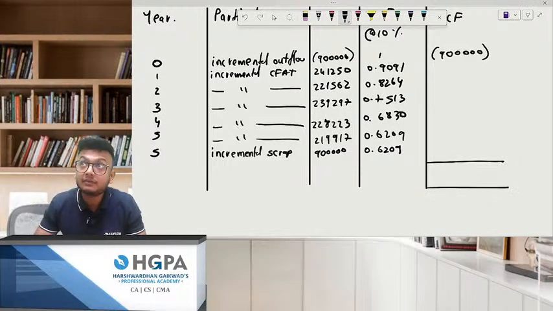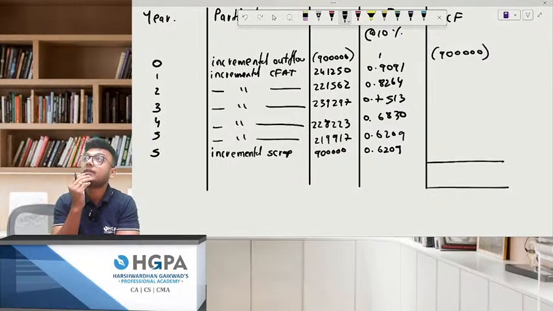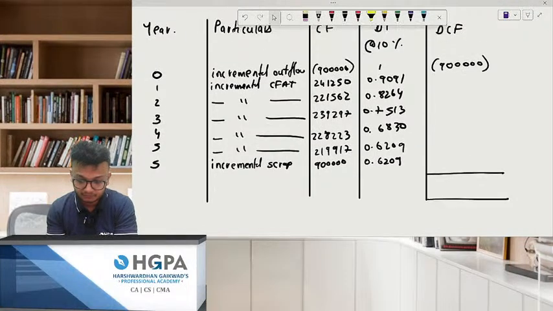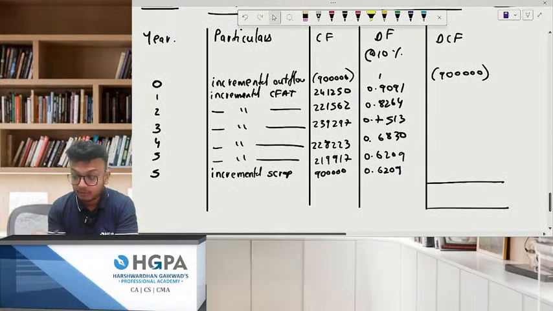I'm waiting for this answer. What is the NPV? एनपीवी मांगता मुझे एनपीवी फास्ट। पॉजिटिव है क्या नेगेटिव है वो भी बताओ।